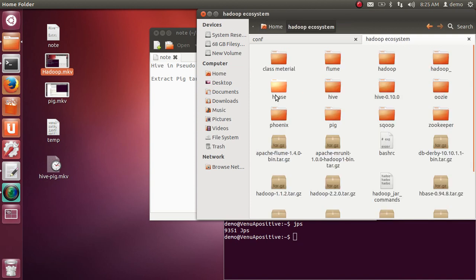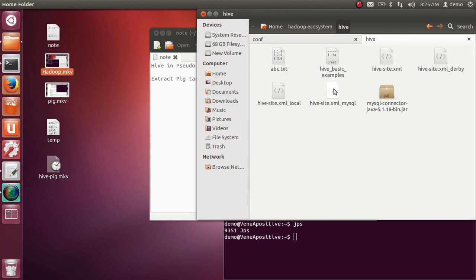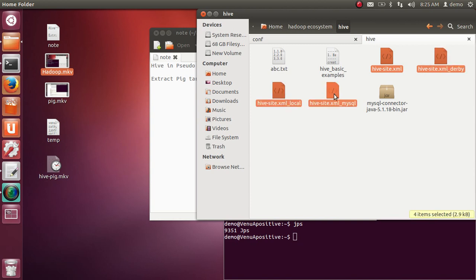Actually, in the home folder, I will give a few files here, for Hive. This is hive-site.xml. It runs in Derby, which is local mode, or in MySQL. Derby is the default. In this video I am explaining MySQL mode, cluster mode. That means basically how to store metadata in an external database.